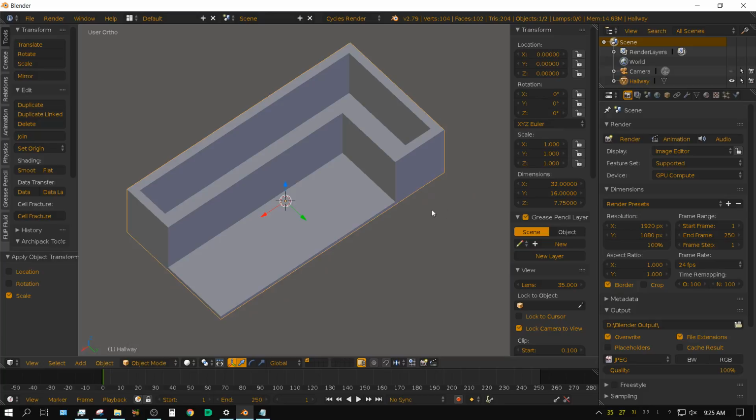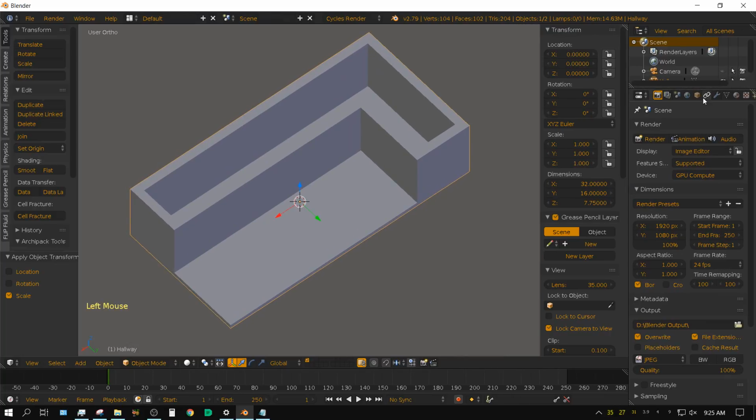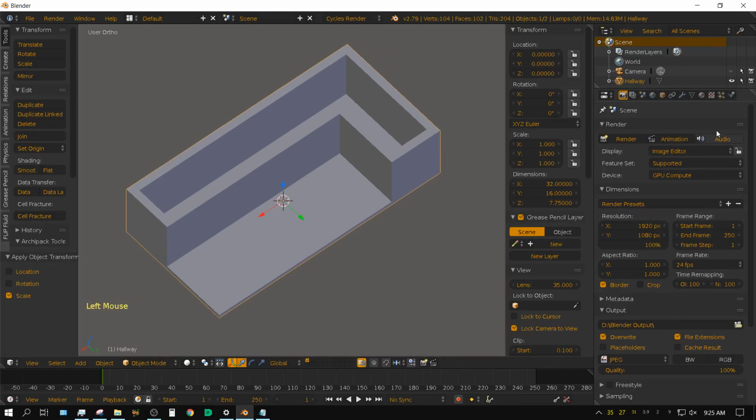Now what we need to do is come over here to the physics tab. If for some reason your physics tab isn't showing, you can either turn your scroll wheel to scroll that out, or you can just drag it out here.